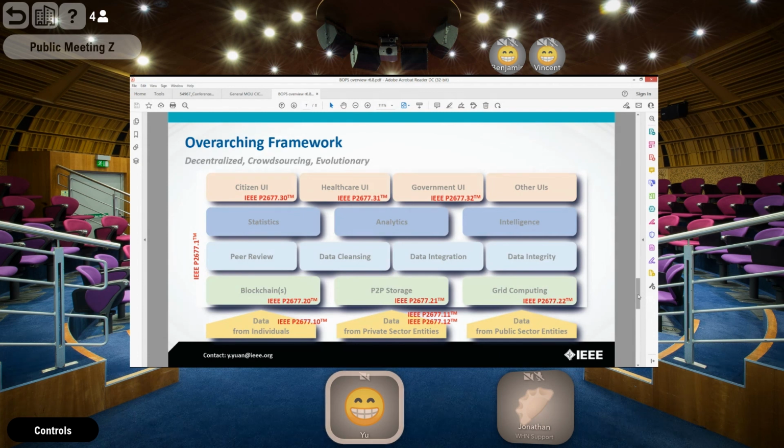So the end user may feel it's just an app on your cell phone, but the app would be powerful enough to tell you, for example, if you want to go to a grocery store or a shopping center, you can check on this app, and the app will tell you the risk of getting infected in that particular shopping center or particular grocery store would be at what level. So this is very useful in some countries, especially the countries that wanted to control the spread of the pandemic